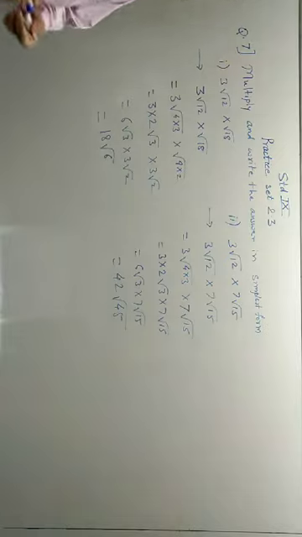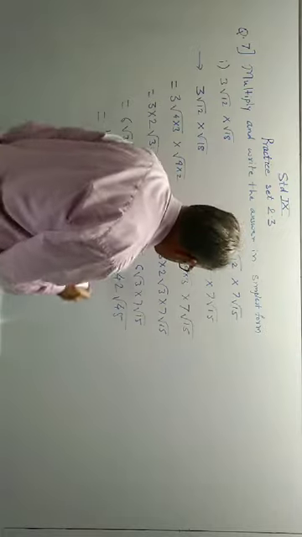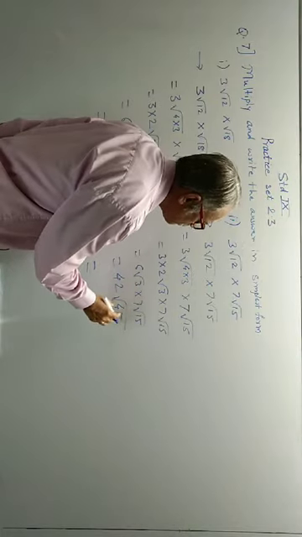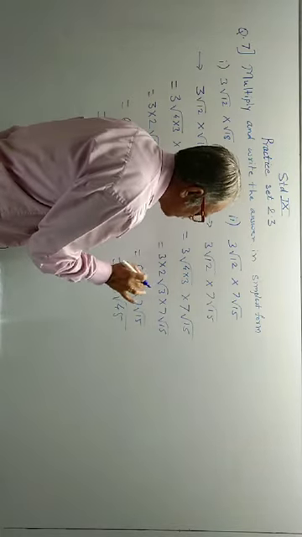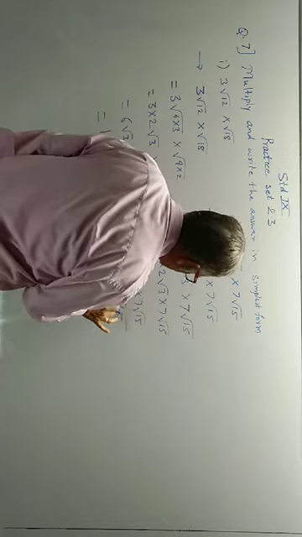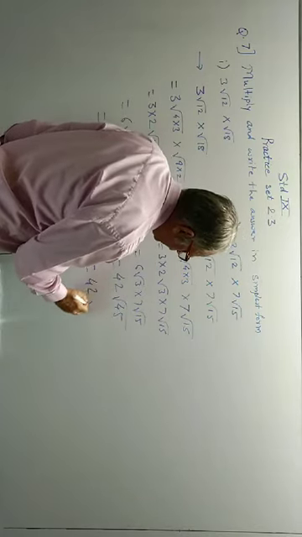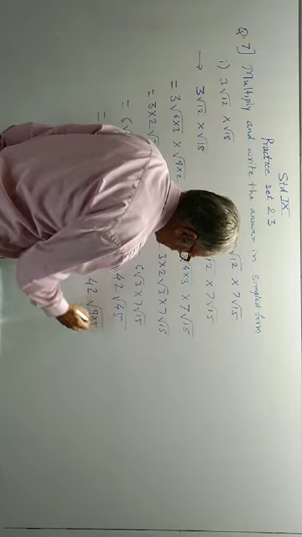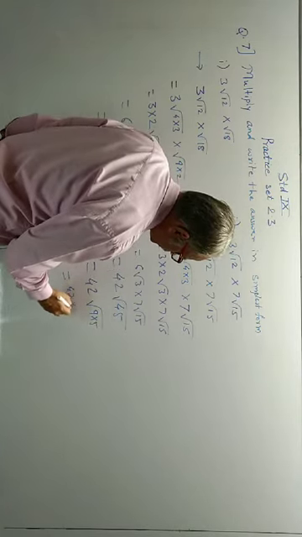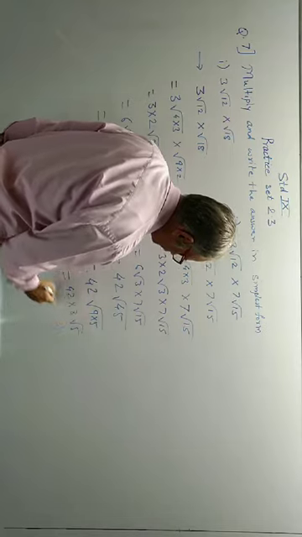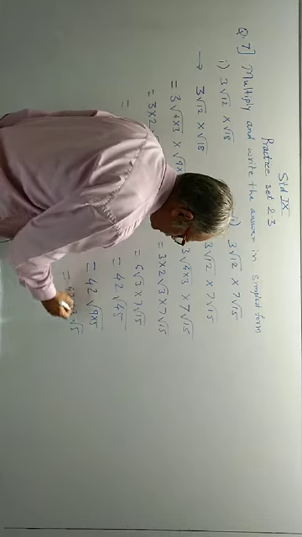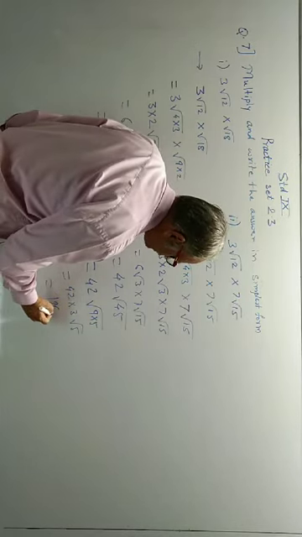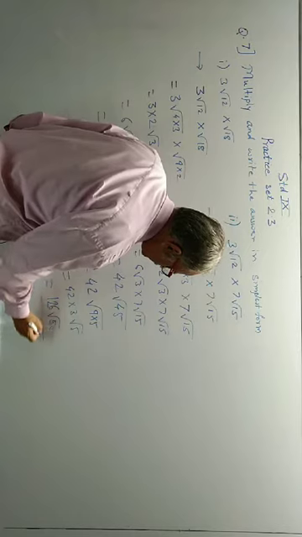Many students think that they completed it, but no. 45 can be further simplified as 9 into 5. 9 is a perfect square. 15 was not having a perfect square factor. 3 was not having a perfect square factor. But multiplying 15 and 3, 45 we got. That 45 has factor 9. And that will jump out. Then only it is called simplest form. 9 will come out as 3. Then multiply by 3 here. 3 2s are 6. 3 4s are 12. 126 root 5. This is the answer.